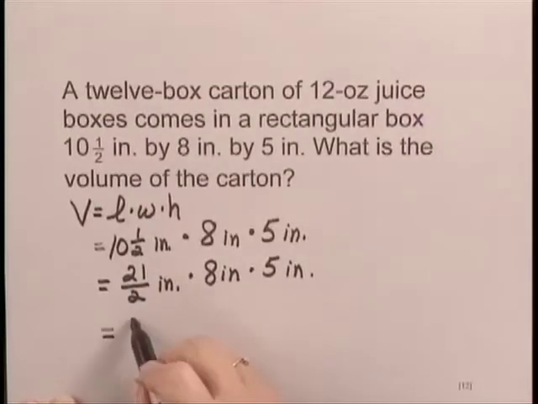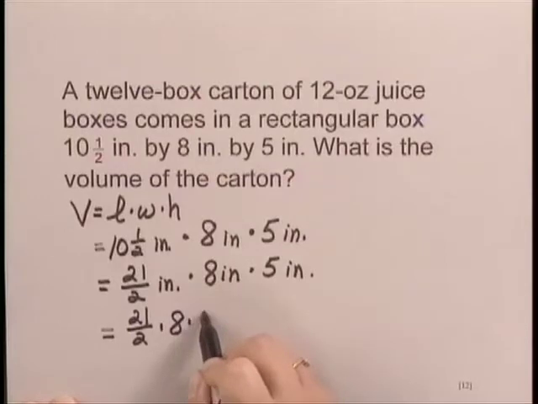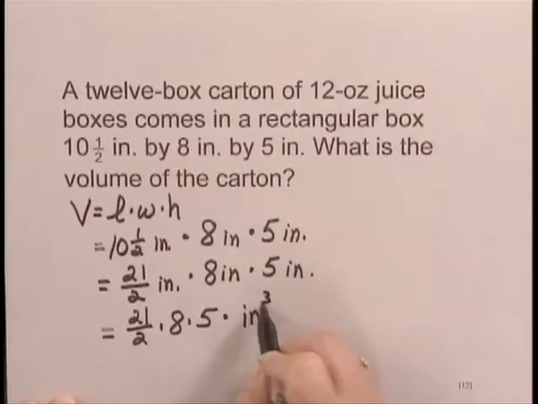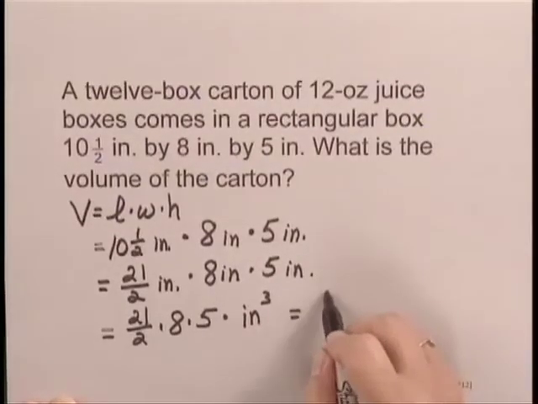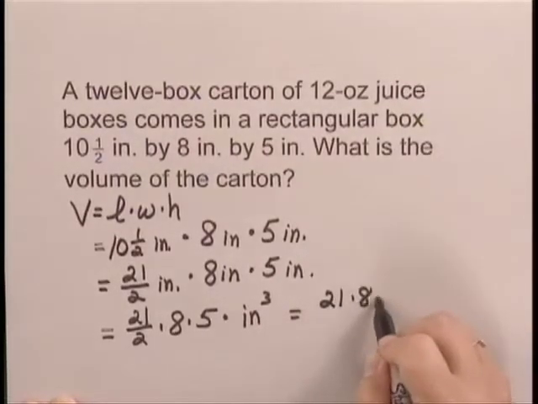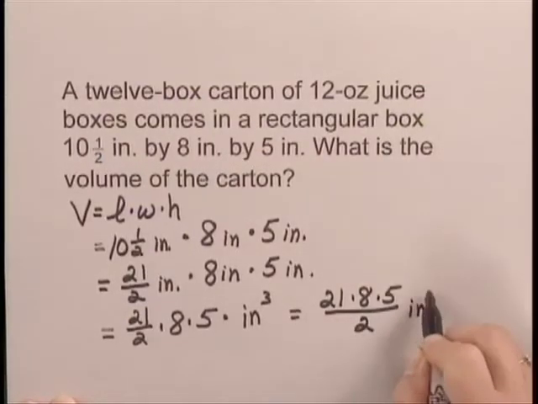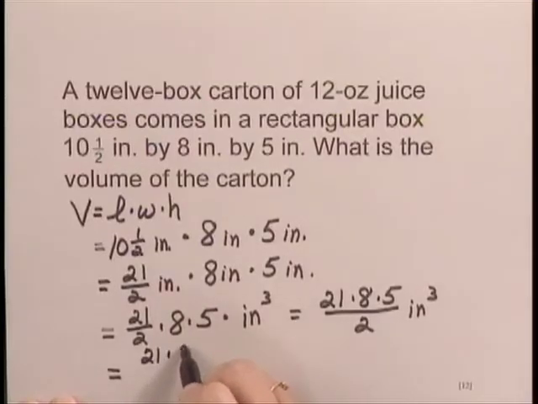Now this will be 21/2 times 8 times 5 inches cubed. We have then 21 times 8 times 5/2 cubic inches. And factoring the 8 in order to simplify, we have 21 times 2 times 4 times